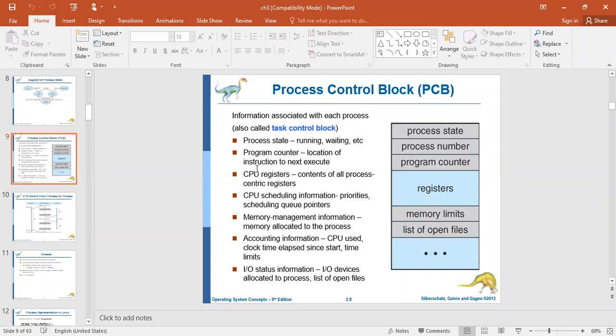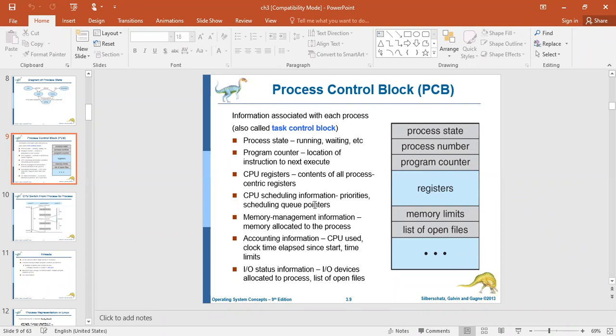A process number. The program counter, as I told you, maintains the location of the instruction that will be executed next. And CPU registers hold the contents of all process-centric registers. In order to execute your process, what contents are to be loaded into the registers?